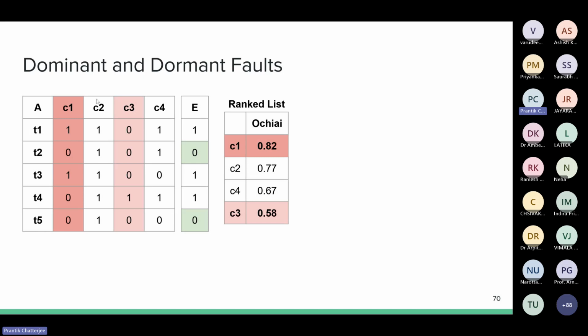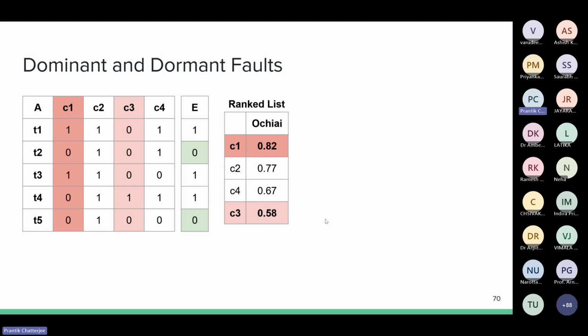So even though C2 is not the faulty component, it still gets a high OTI score. There were 2 buggy components, right, C1 and C3. So C1 is essentially masking C3. C1 is the dominant fault and C3 is dormant. It is not able to get a high OTI score.